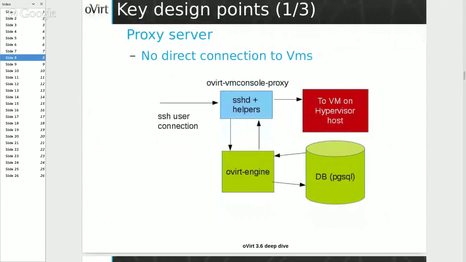So the block diagram is something like this. We have a new package, which is oVirt VM console, which takes care of all the automation to connect to the console. It is built on SSHD and a few configuration hooks. So, for example, like we'll discuss later,